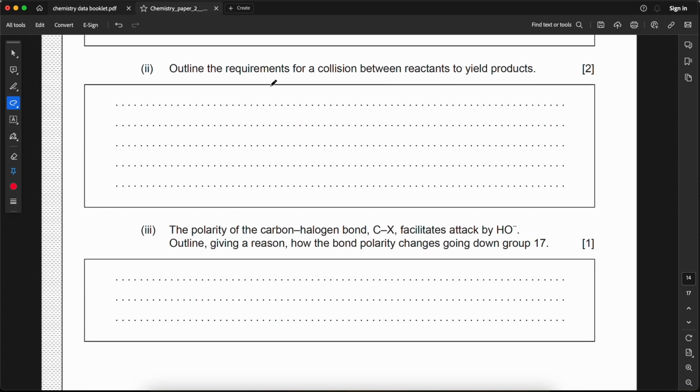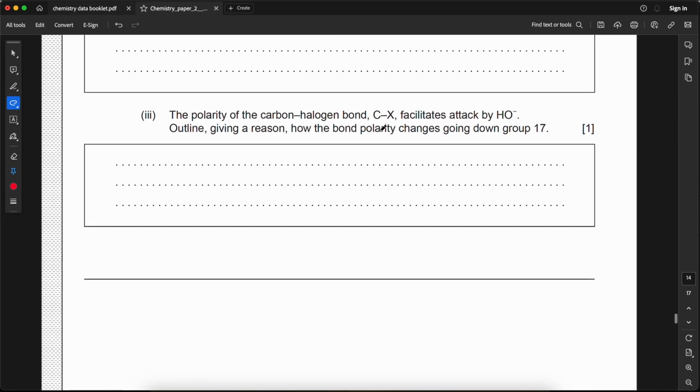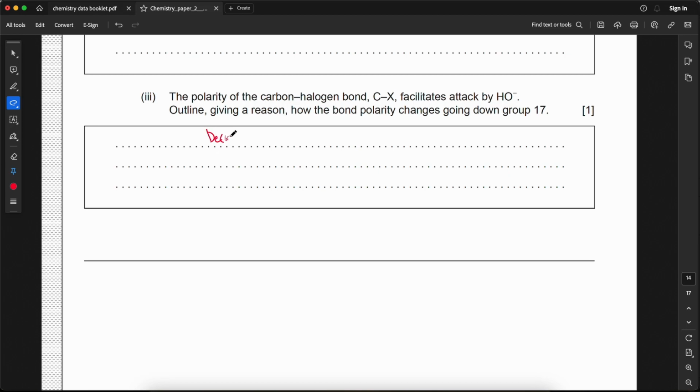Outline the requirements for a collision between reactants to yield product. The energy should be bigger or equal to the activation energy, and it should have correct orientation of reacting particles. The polarity of the carbon-halogen bond C-X facilitates attack by OH minus. Outline, giving a reason, how the bond polarity changes going down group 17. It will be decrease or less polar, and